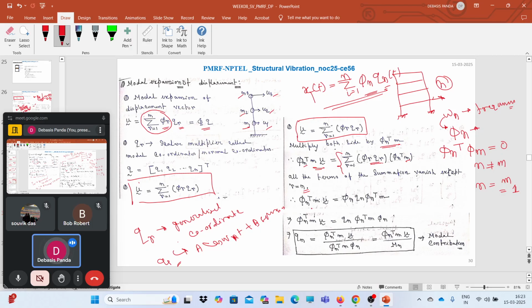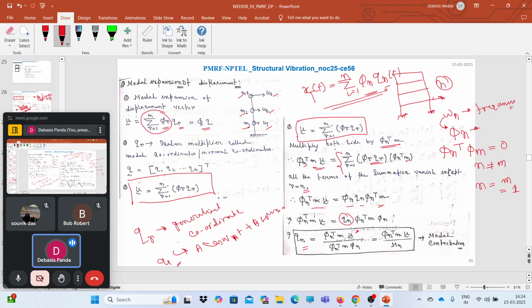So we can write it down, phi n transpose m u is nothing but phi n transpose m phi n q n. That means only the terms with the same indexing remain, otherwise all the other terms will vanish due to the orthogonal and orthonormal properties. Now if you simplify this equation and look for q n, the generalized coordinate q n is nothing but phi n transpose m u,